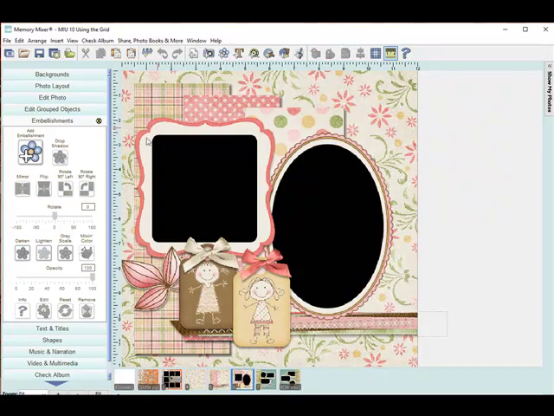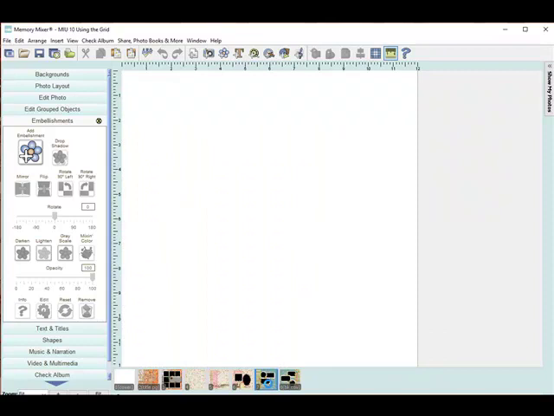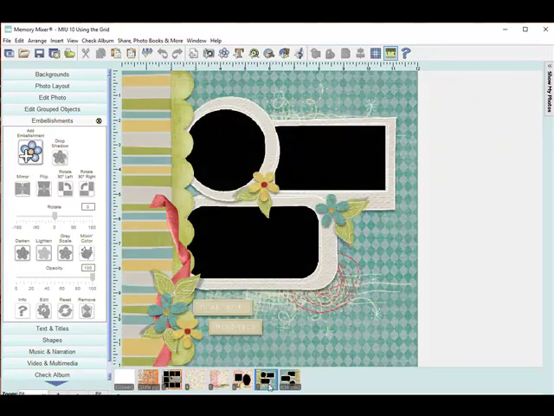So I just used two of the frames, added the photo box with the rounded corners on this one. I thought that fit nicely. Oval photo box here fits nicely. Just added a few embellishments, but you can see what a cute page that is and how easy it was to do. Okay, the next page I want to show you is I've put some borders down the side,